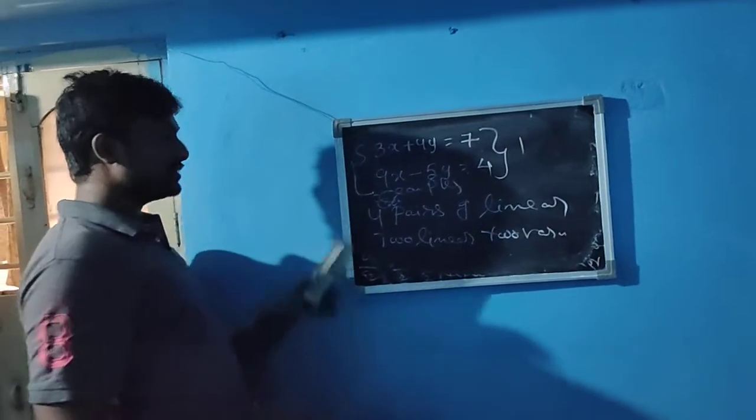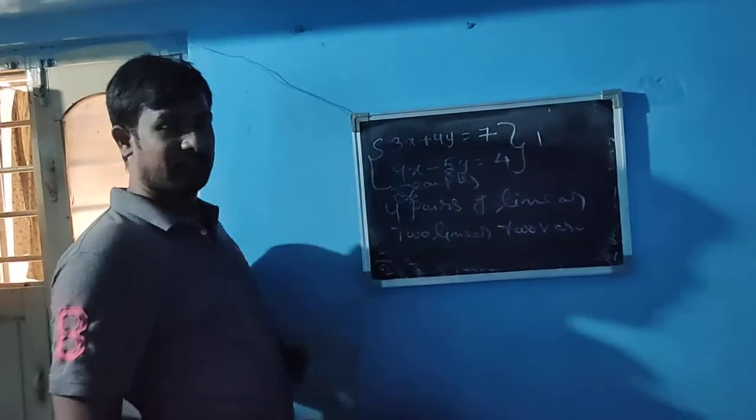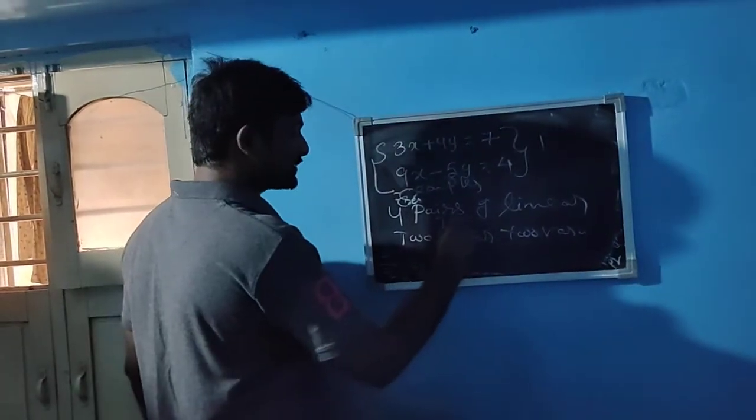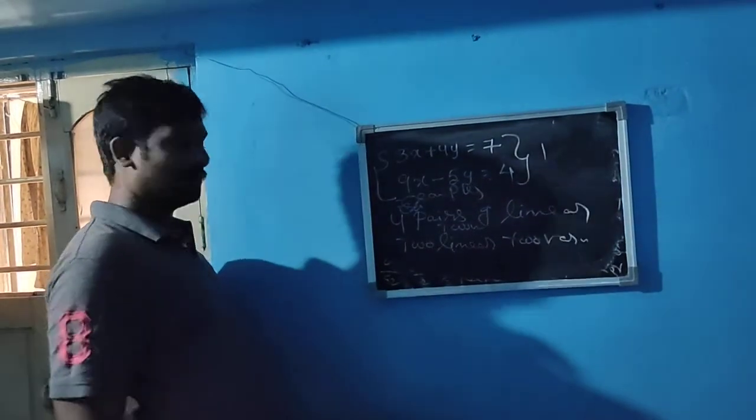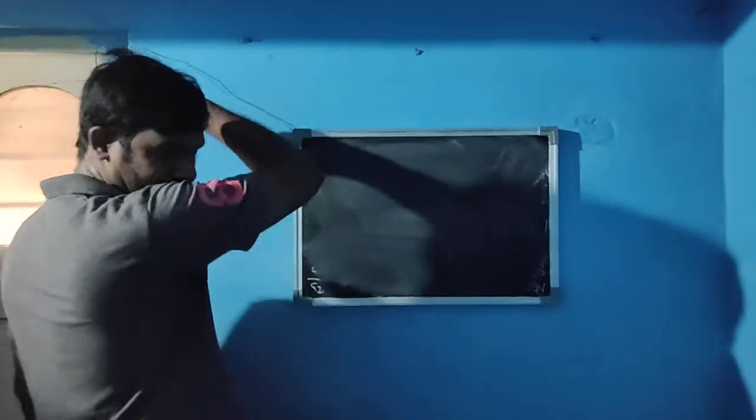So write 4 examples of a pair of linear equations, 2 variables. Okay. Right. Next one is